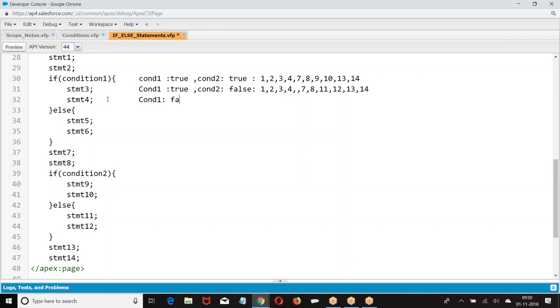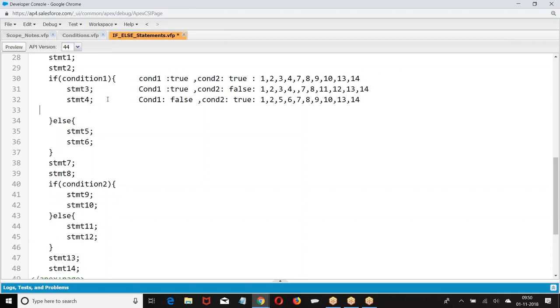Condition 1 false, condition 2 true. What is that? 1, 2, verify the condition, it is false. 5, 6, 7, 8. Then condition 2 true. So 9, 10, 13, 14.